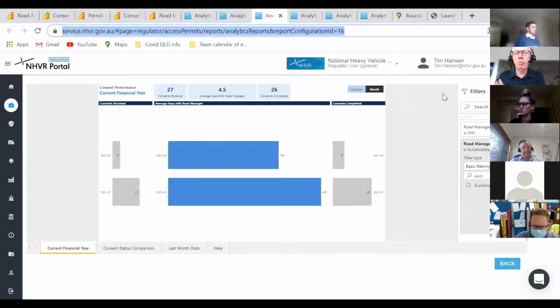So this one here, what I've done is preload this with the information for Eurobodalla Council. So this is diving down to that local level, and thanks to Eurobodalla Council for letting us show this to everyone else. So under the heavy vehicle law, there's a legal requirement to respond in 28 days. The lower you can get that, obviously, the better, because while the overall refusal rate is quite low, the micro picture of that is that if you're one of the people who needs a movement